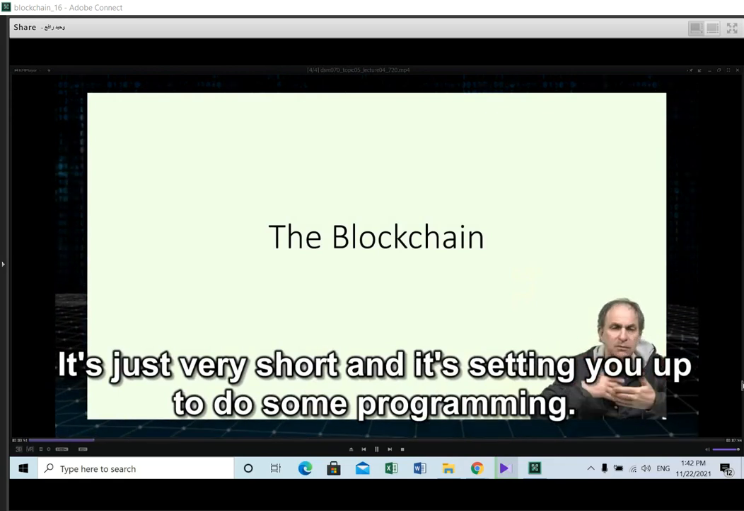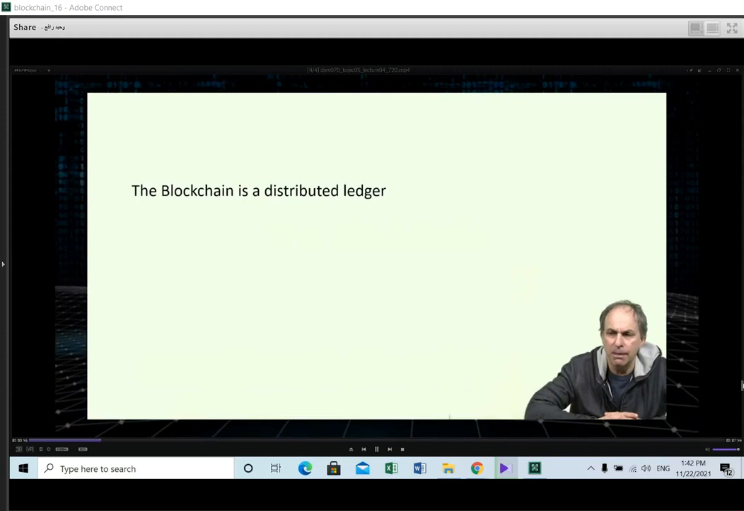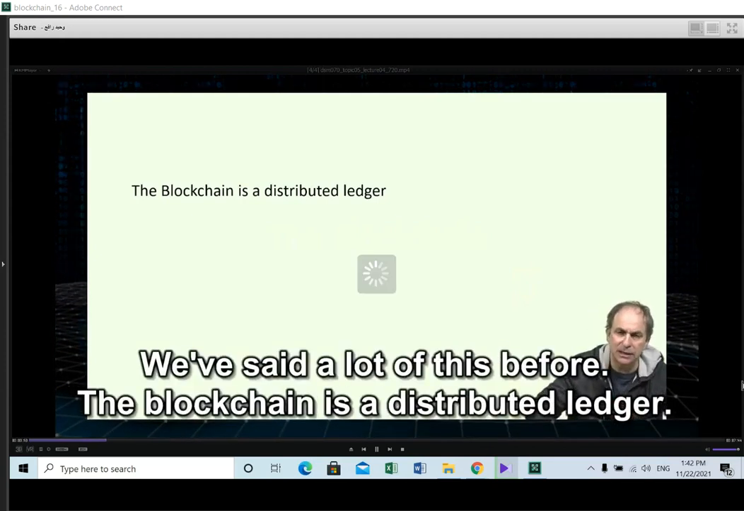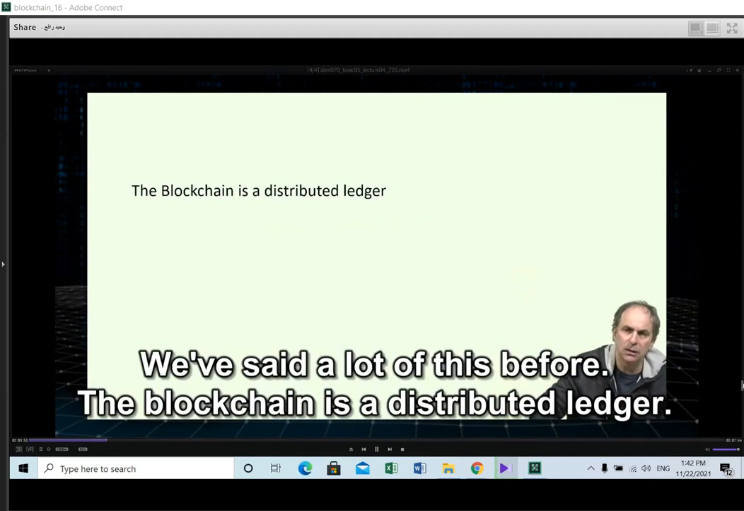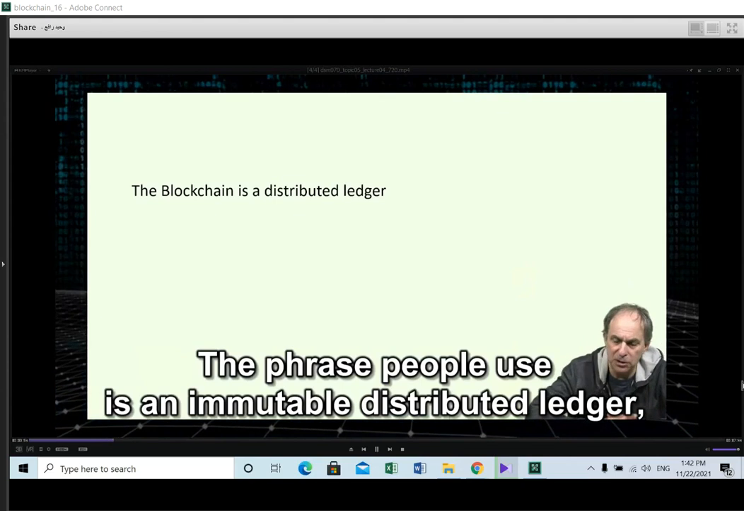Okay, so that's the distributed part. The distributed part is everybody in the network gets access to it. The ledger part has got all the transactions in it, and the immutability we'll see about in a bit. The blockchain part, the block is just the section of transactions. Okay, so that's all the words